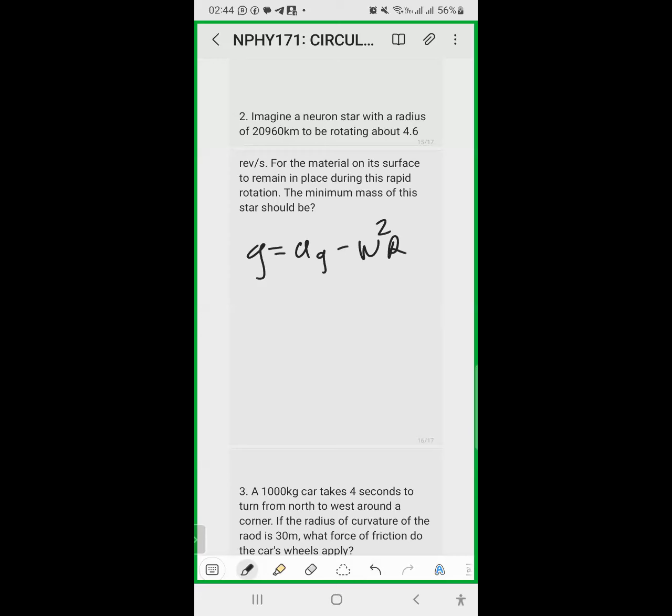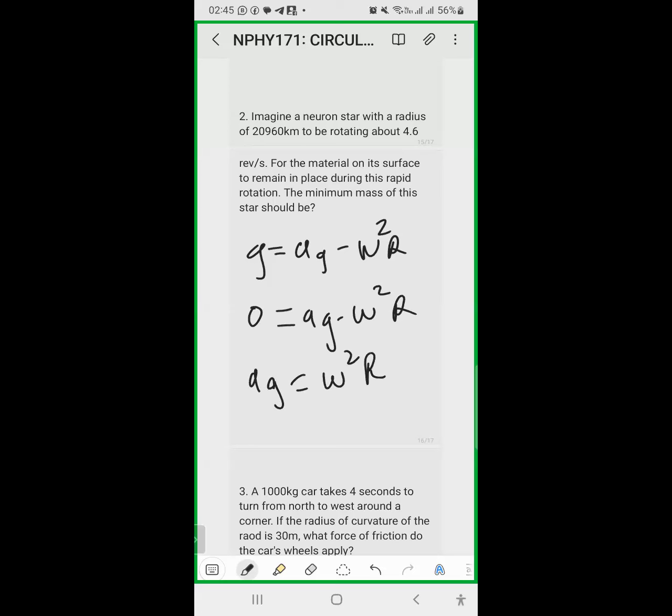Then there is zero gravity, which means there is no net force, right? So this condition is achieved through a reference frame that is in free fall motion. Therefore, the free fall acceleration is simply zero. So zero will be equal to ag minus angular speed squared r. Therefore, from here, the gravitational acceleration will be equal to the